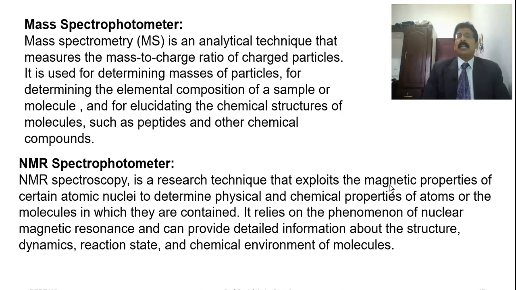So you see, NMR spectroscopy, NMR means nuclear magnetic resonance. Any compound which you keep in a magnetic field will have a resonance, and it has a shielding and de-shielding effect in the molecule itself. By that you can find out the number of carbon atoms, the number of nitrogens, and the number of hydrogens can also be identified by means of this magnetic resonance which is developed in the compound.